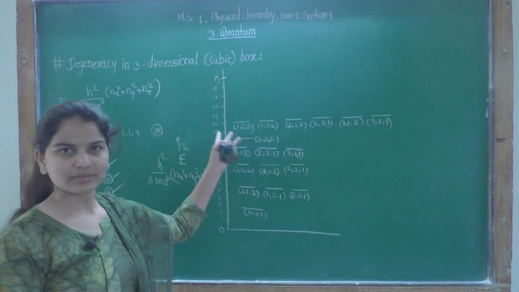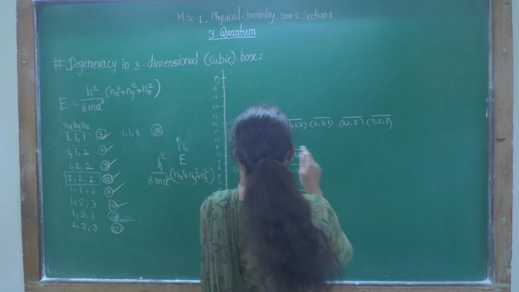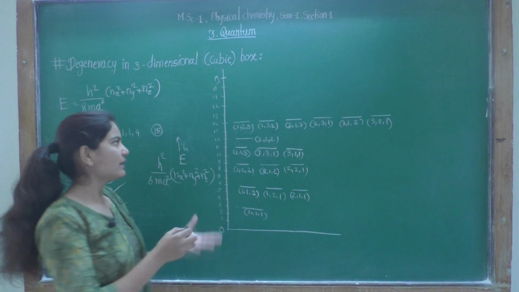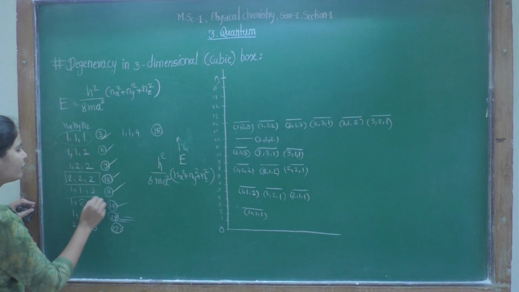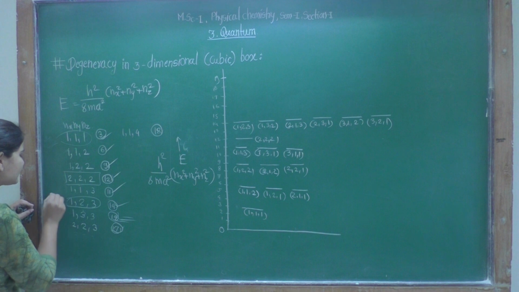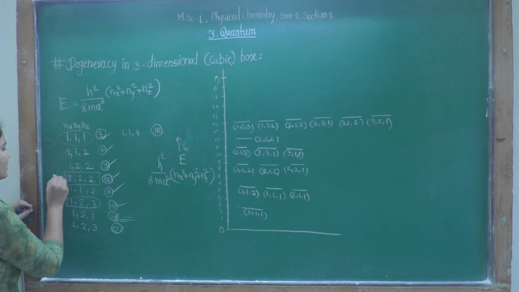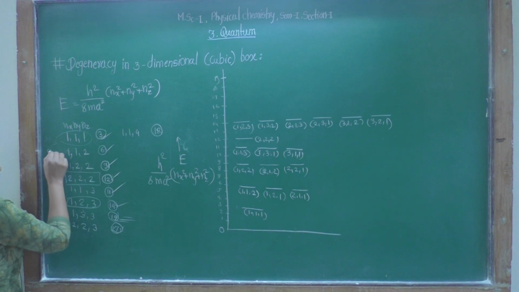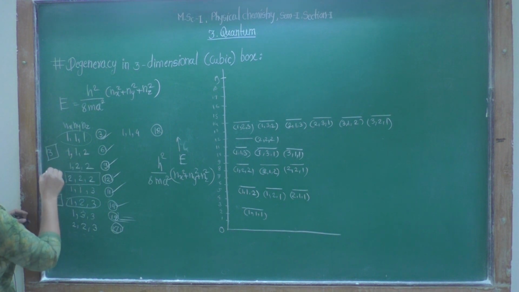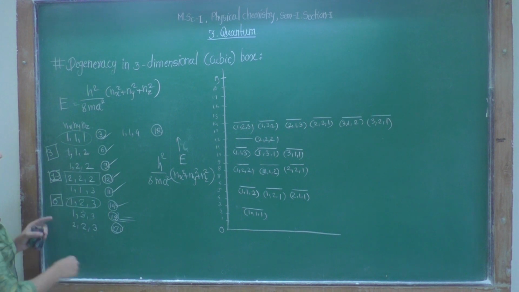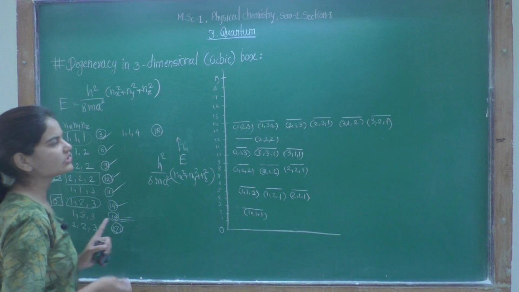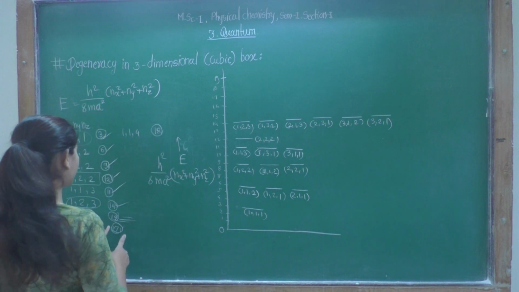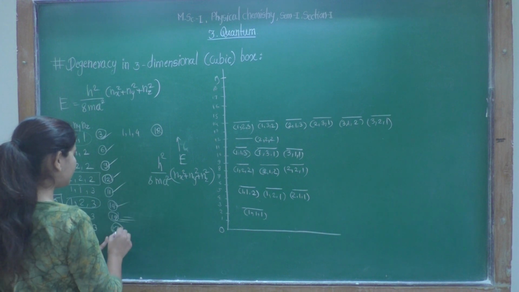Now that's it. Only these many are possible. So 1 2 3 4 5 6 degenerate levels we can obtain. If there are 3 different digits, then we can obtain 6. For one single digit there is 1, and for 2 same, 1 different, there are 3 levels. While if all 3 are different, then we will obtain 6 degenerate levels. Now 14 is over, then 15 is not there, 16 is also not there, directly 17.